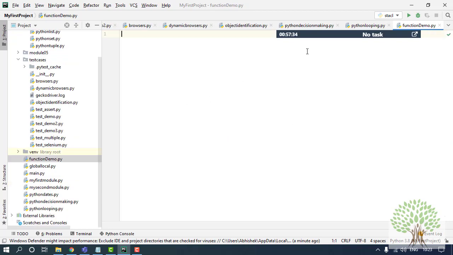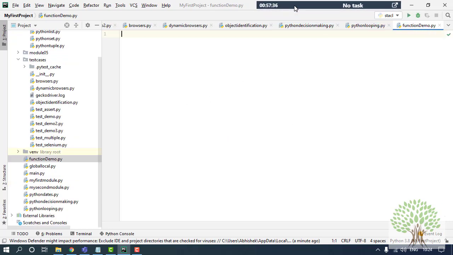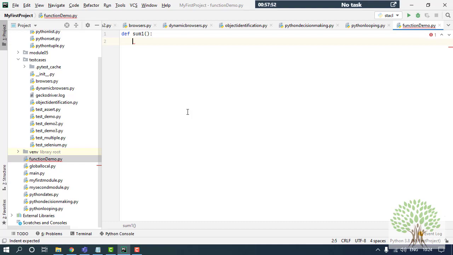Now, creating a function we have already seen in the local and global variables, right? We just have to take the keyword def followed by the name of the function. So I'll name it sum1. In this function I will be adding two variables. I can do it in a number of ways, like in this function itself I can pass the numbers which I want to add.